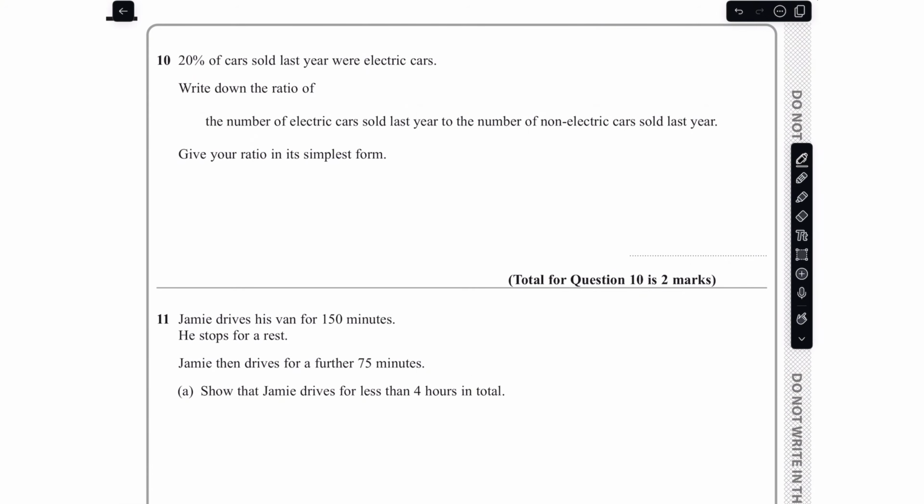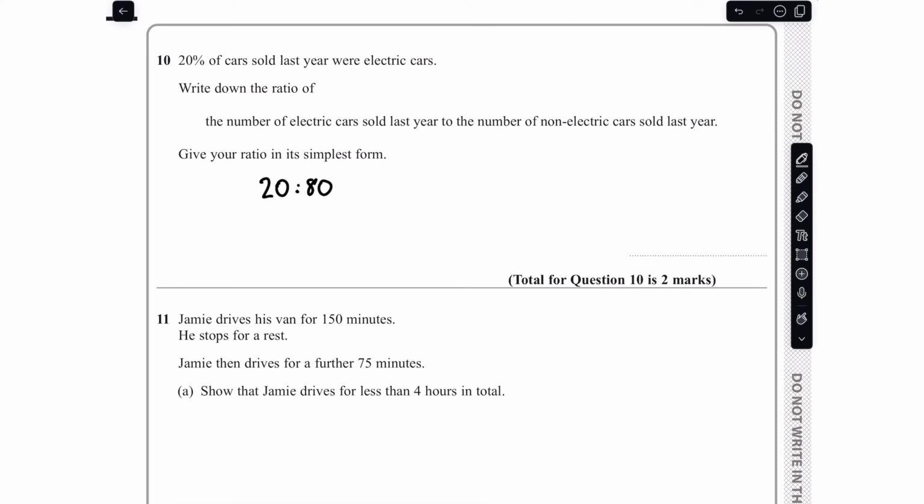So if 20% of the cars sold last year were electric cars, then the non-electric cars has to be 80%, because remember, the total percentage must be 100. So in other words, the ratio of electric cars sold last year to non-electric cars sold last year is 20